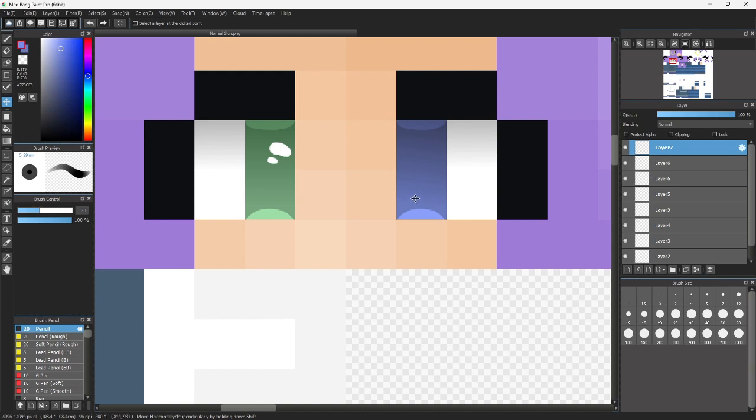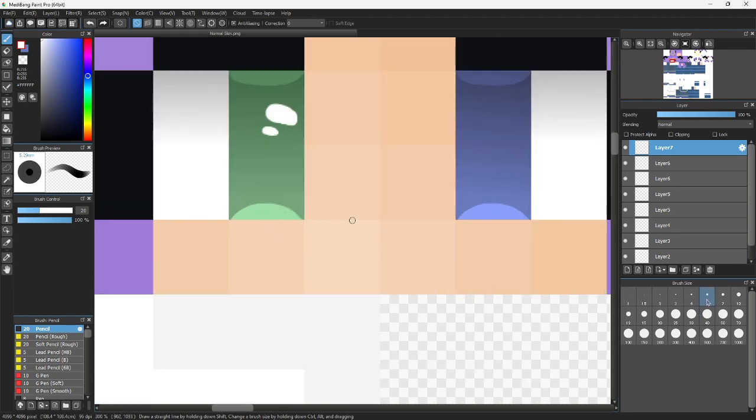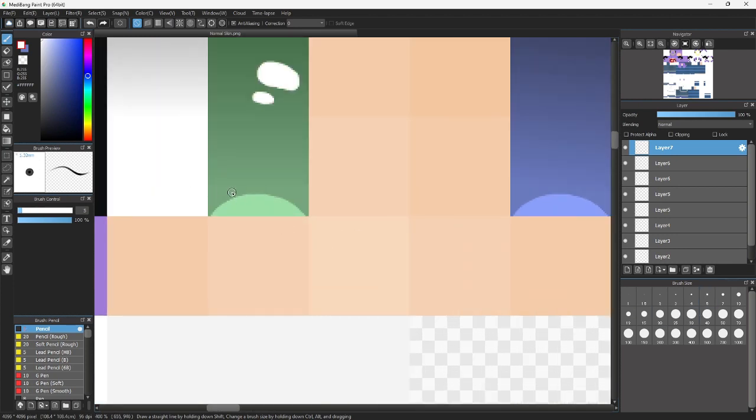Okay, so now that I've done the other eye, you guys could see there I didn't actually draw it. What I did is I copied another layer of each thing and I just changed the color. This can work if you have each thing separate, or you can just draw it again. I just like to copy and paste it on the other side and change the color because that just seems easier. But now I'm going to show you guys how to do this little highlight if you decide to do the highlights. I actually want to add little hearts to the highlight,